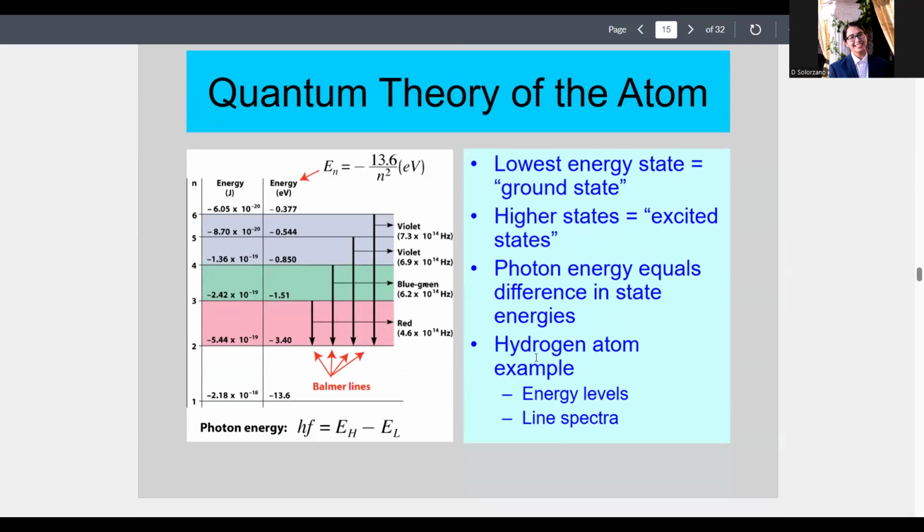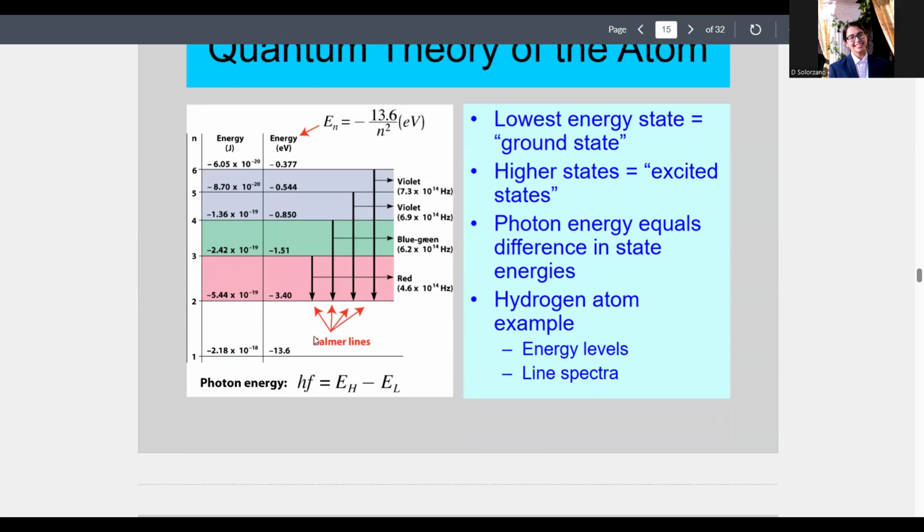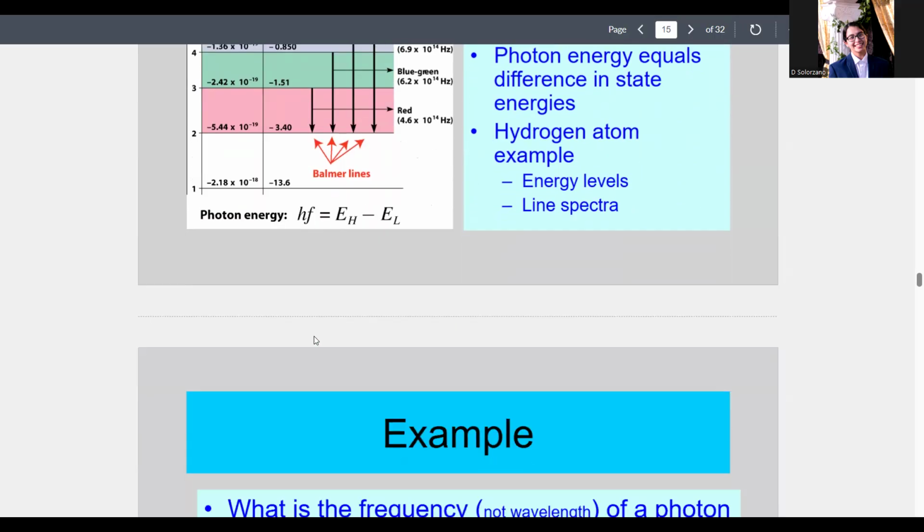But also know that these Balmer lines, or emission spectrum, or line spectrum, are called different things. Balmer lines is specific to hydrogen, so I'll usually call it the emission spectrum or line spectrum. But that is very specific to an element and it will never change. It doesn't change with temperature, or with the amount of the element. It's constant because it's intrinsic to the way the electrons are set up.